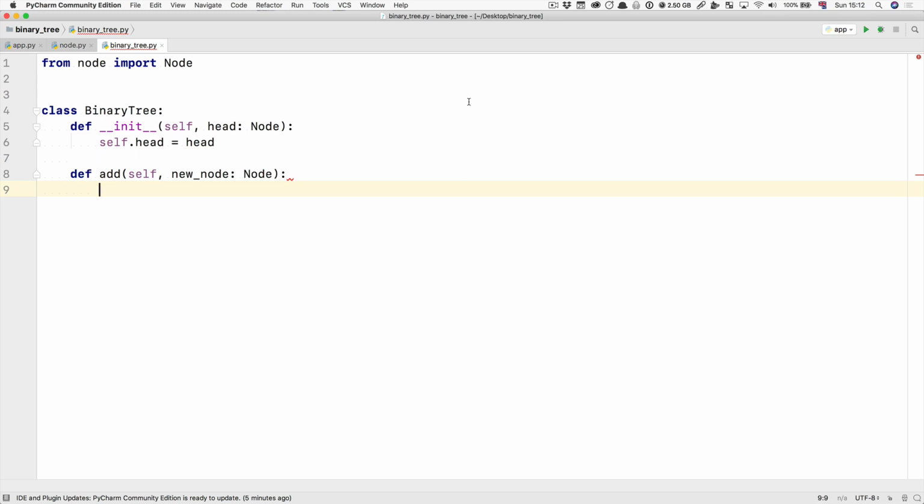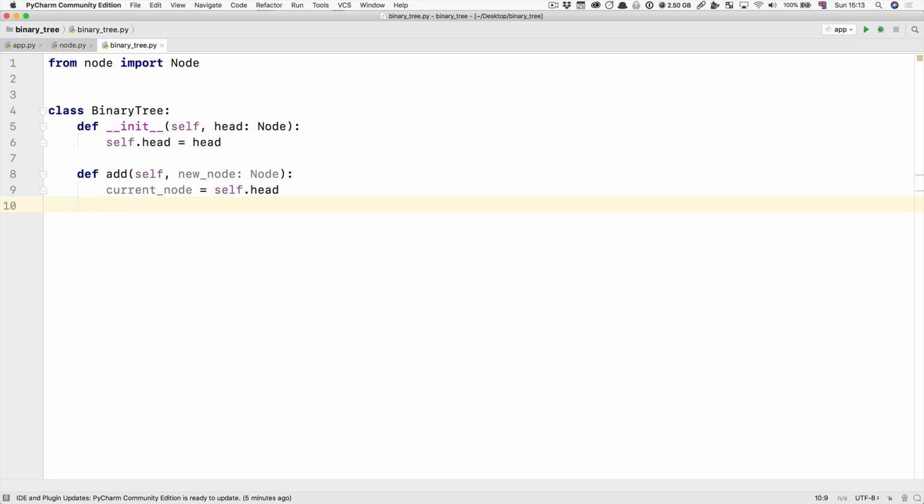And then, once again, we're going to start at the very top of the tree. So we're going to say current node is self.head. Now the current node is pointing to the very top of our tree. We now want to move through the tree until we either add a new node or we reach the bottom of the tree. So while current node,